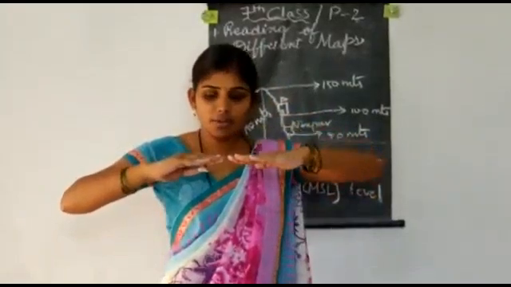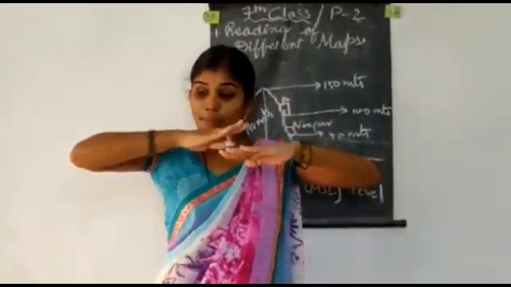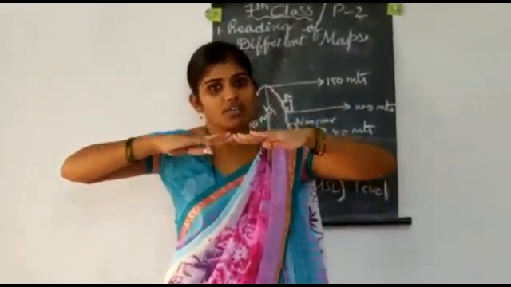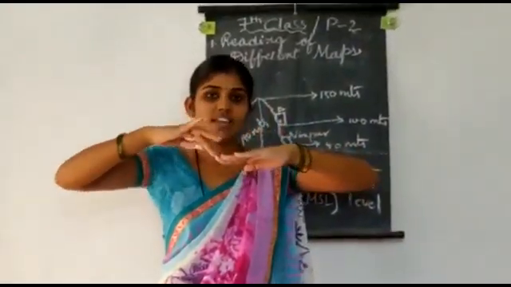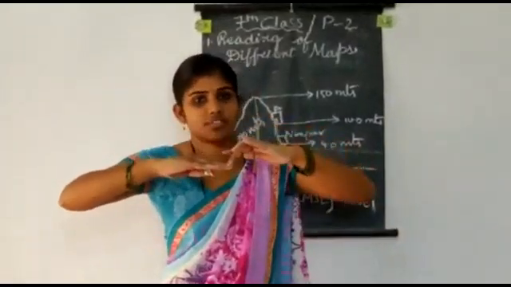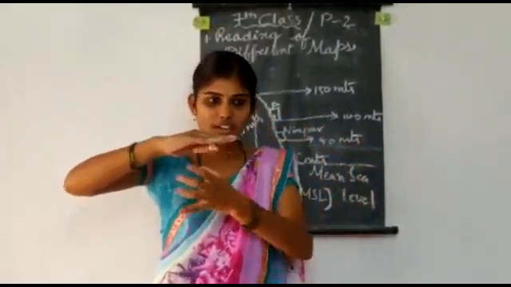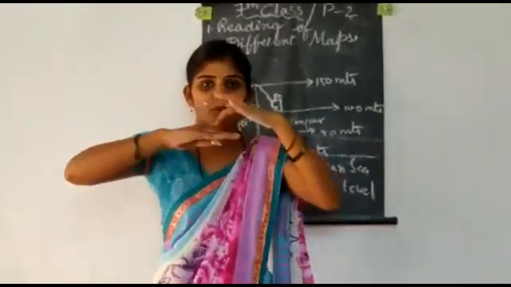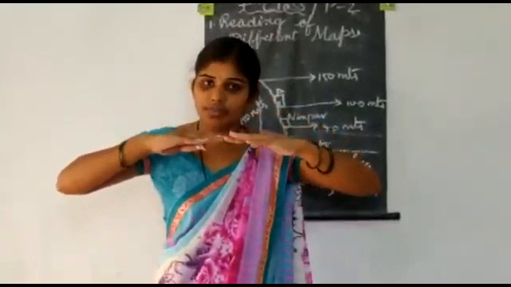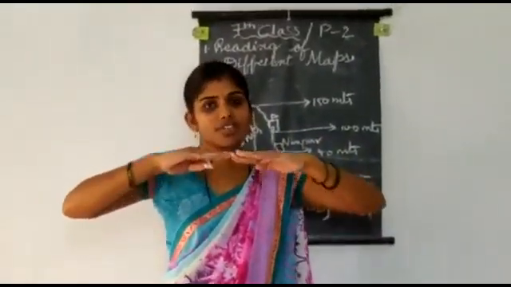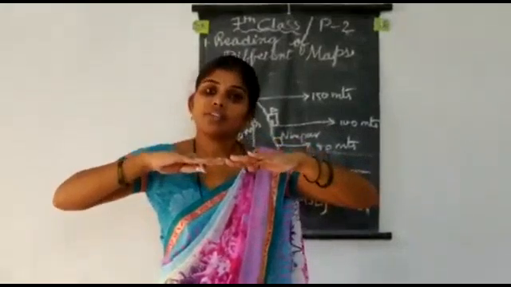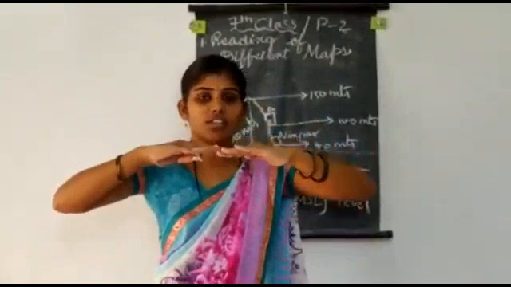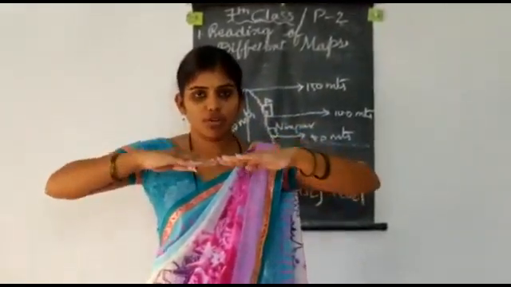Land is till here, means the sea level will be here. The upper layer of the sea will be equal to the land. So if this is the land, this is the sea. The sea water will be under the ground like this, but the upper layer of the sea will be equal to the land. So that's why we measure everything like mean sea level or ground level or sea level. So here sea levels are equal to the ground level.